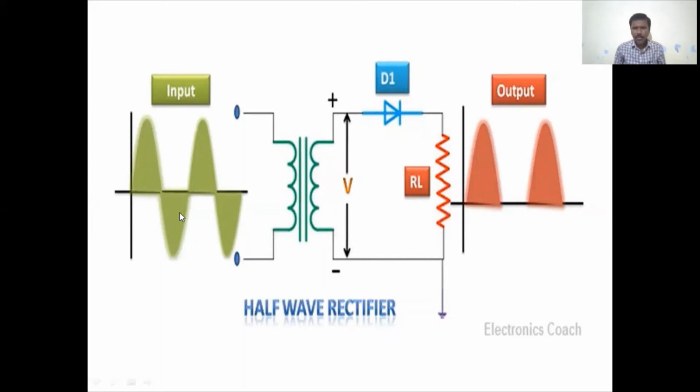Totally called a full cycle, or a full wave. When a wave consists of a positive terminal as well as a negative terminal, then it is called a full wave. But here the output indicates only positive cycles. Here, input is entered into the primary coil as positive and negative cycles, but we are collecting only positive cycles as output. Why? Because only positive cycles come out of this half wave rectifier.